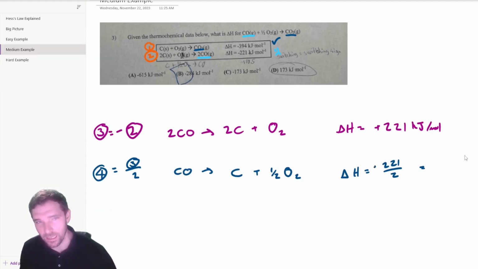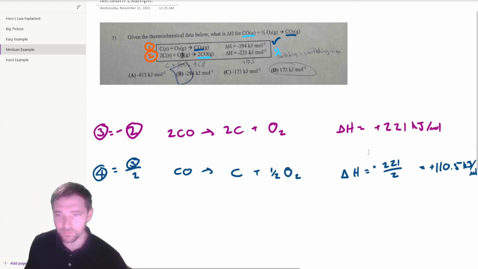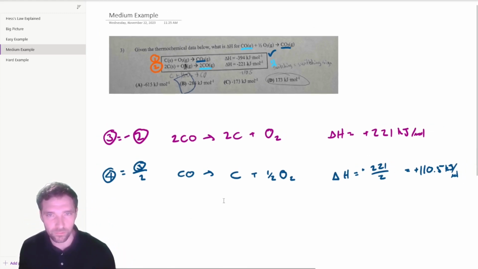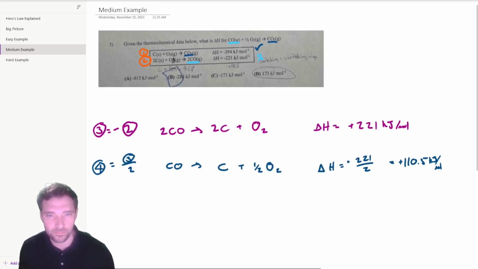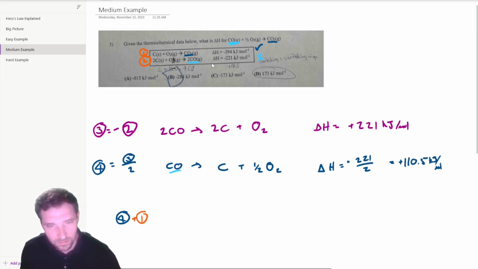So that's going to be a positive 110.5 kilojoules per mole for that line 4. So line 4 is looking pretty good. I've got that CO on the correct side there and the correct number as well. And we've got the CO2 on the correct side with line 1. So I've got a feeling that if we take line 4 and we add that to line 1, then that